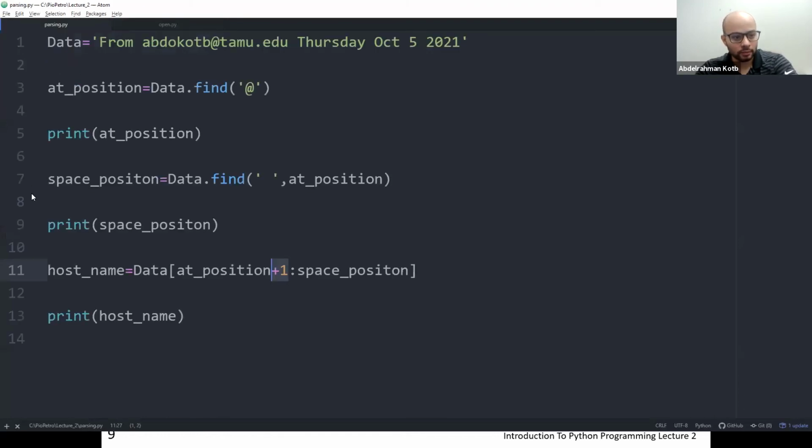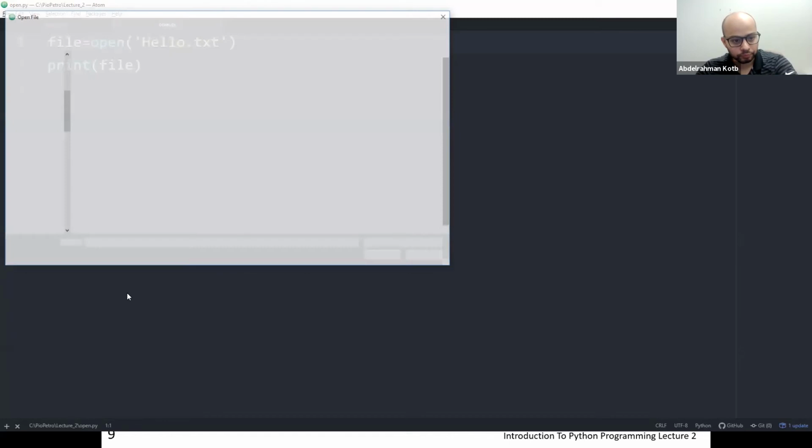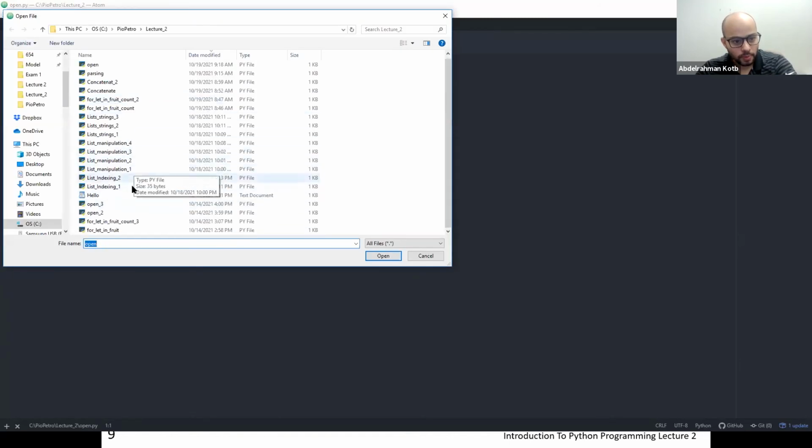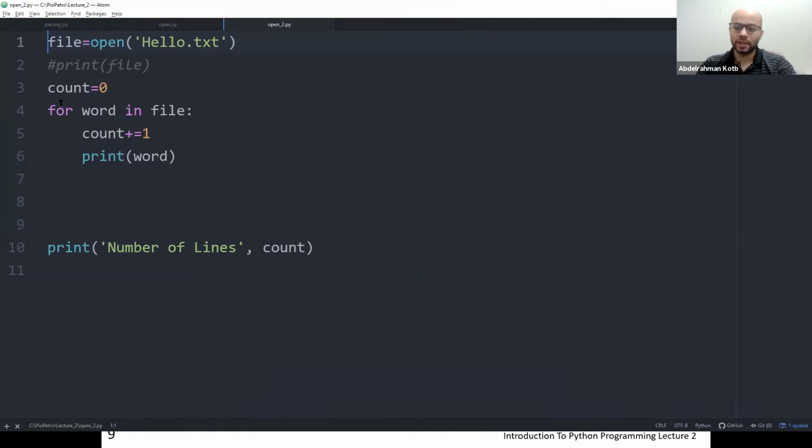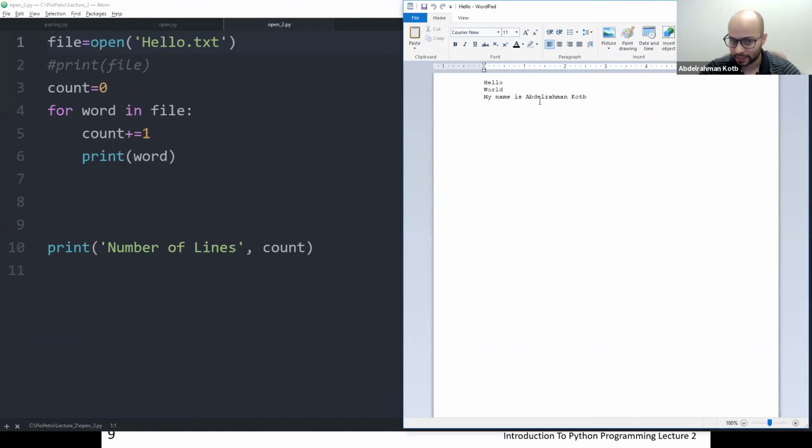So for that, I'm going to open the file. The first thing I'm going to do is count how many words are in it. Files are treated somewhat as a list. So it's going to look for words in the file and count them. If we count them, it's going to be hello world 1, 2, 3, 4, 5, 6, 7.